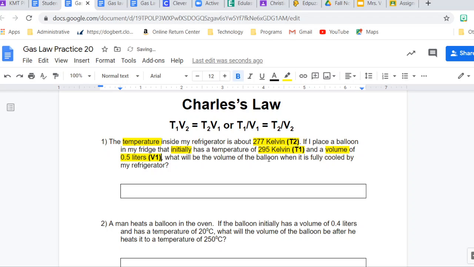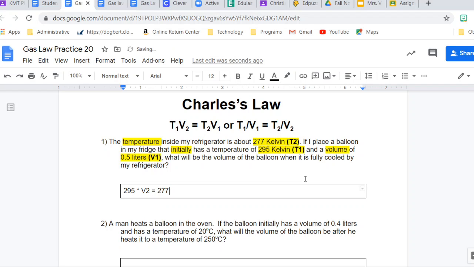And it says, what will the volume of the balloon be when it is fully cooled by my refrigerator? So it's asking for that second volume. So then I look, I'm going to use this first one up here. I'm going to look here, and I'm going to plug my numbers in. What is temperature 1? Well, temperature 1, as soon as I get this in here, is 295 times volume 2, which is something we do not know what it is, so I'll just put V2, equals temperature 2, which is 277, times,